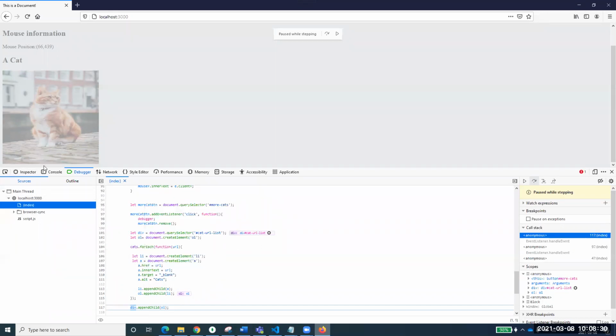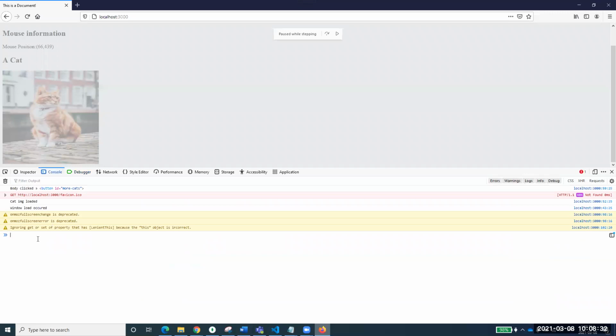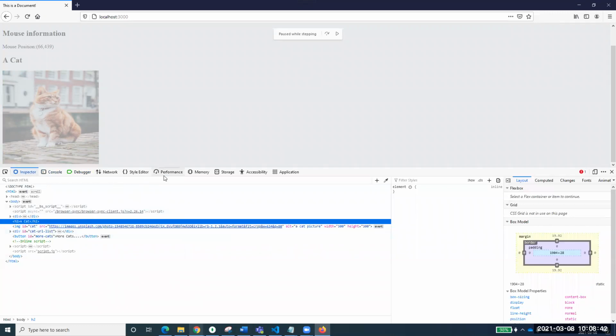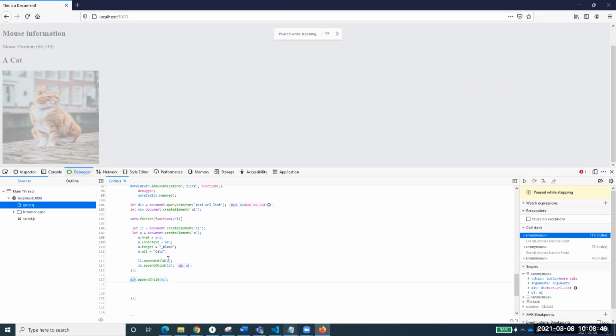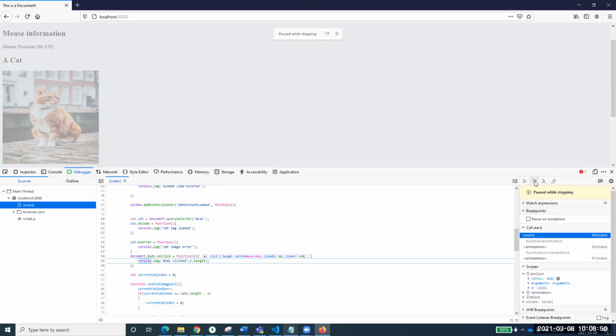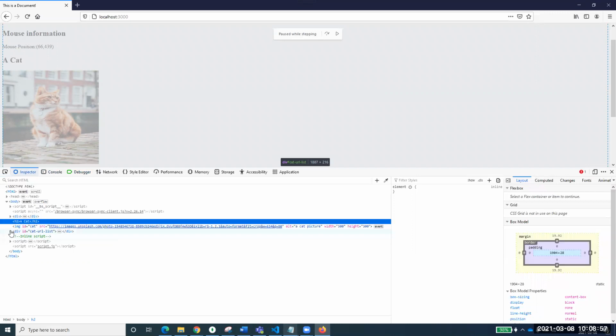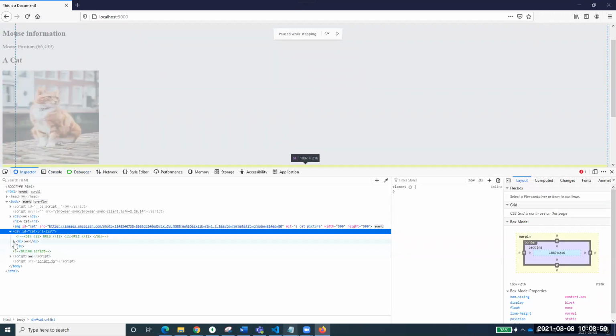Now let's check it. Do we have an OL over here? You just write down this OL. So yes, we have got an OL. If I type LI, right now it is saying uncaught reference error. Why? Because we'll see that it will add that URL over here. Now, if you come to the debugger again, and if I step over to it, it is just going to the end. And now everything will be added over there. If you go to the inspector, you will find that this div cat ID has an OL inside it.